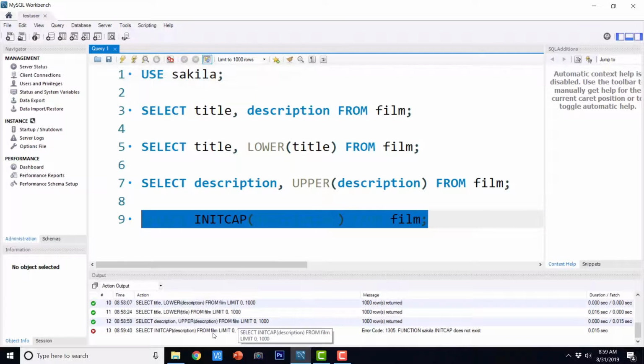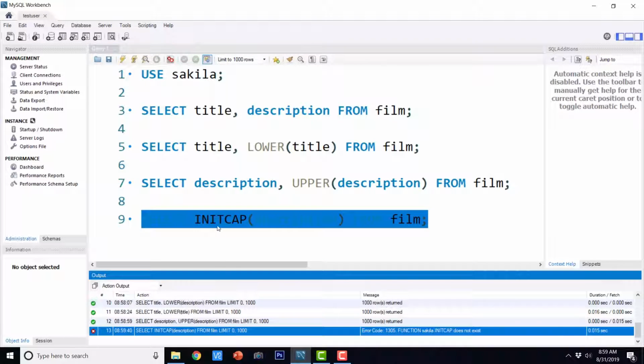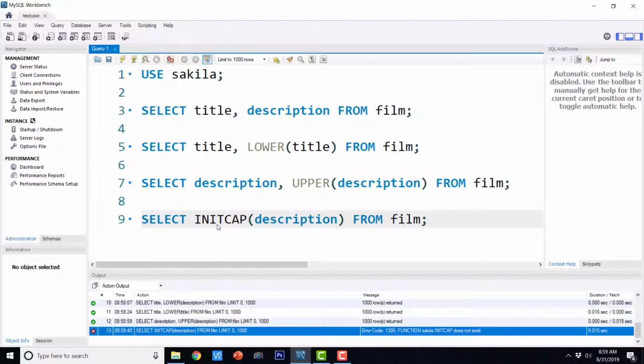No, I guess this initcap function is not there. Initcap turns only the first character into uppercase and the rest of the characters into lowercase. That function is available in Oracle SQL, not in MySQL.